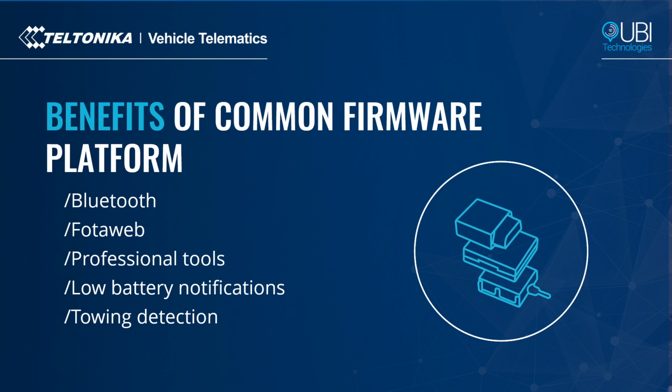Please note that all our devices have the same core of firmware functions. This OBD tracker or FMT100 basic firmware supports the same eco-driving and crash detection features. For example, UBI Technologies use special firmware with extended functionality, so we can always customize firmware according to your client's needs. And now, Andrew,